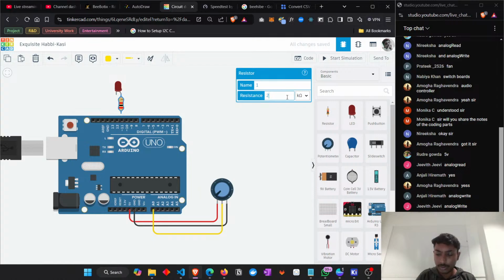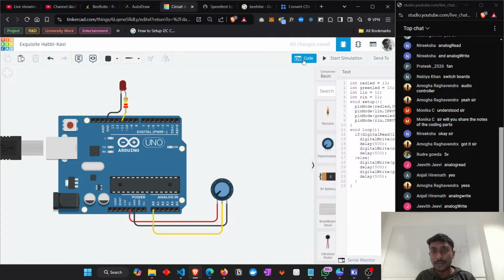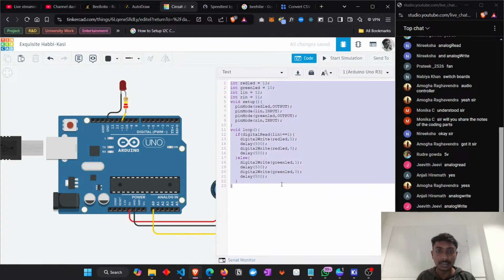I'll just make it 220 ohms. And I'll just connect it to, yeah. Then connect the cathode to cathode. Done. Now if I go with the coding part,